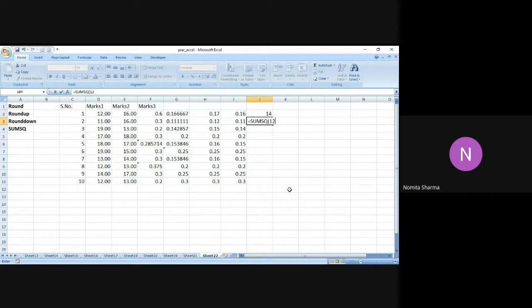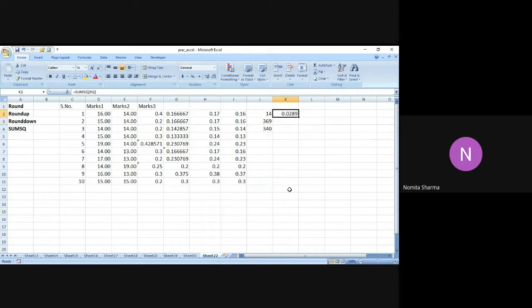Let me write some more numbers over here so that we can understand the functioning of SUMSQ. What we can do, we can also mention the cell addresses over here. So for example, if I have this and I have this, I can mention this. For example, let me do it like this, SUMSQ, and I mention H2.